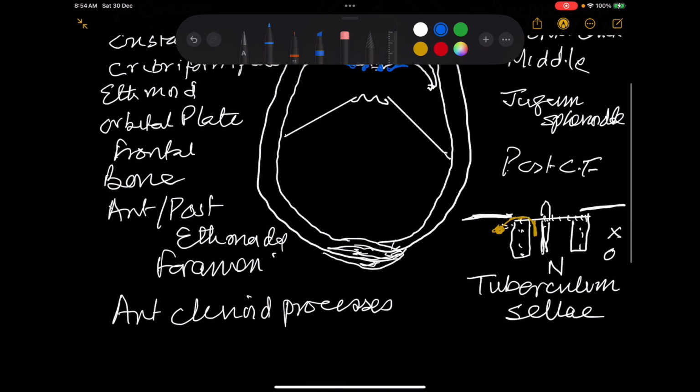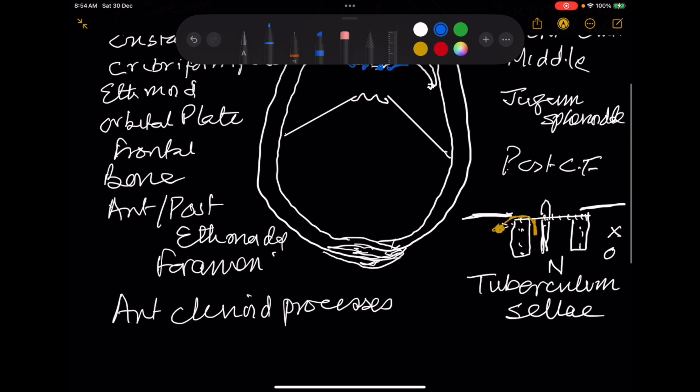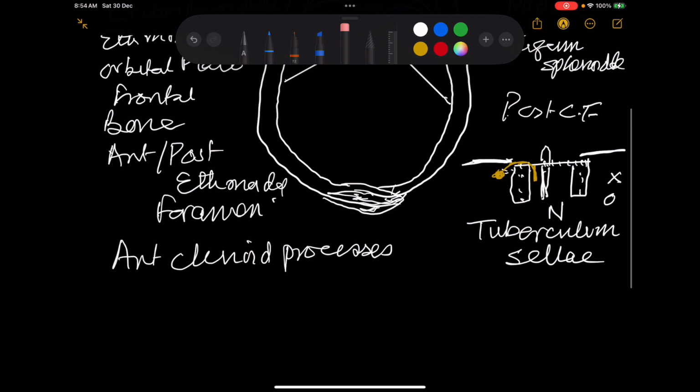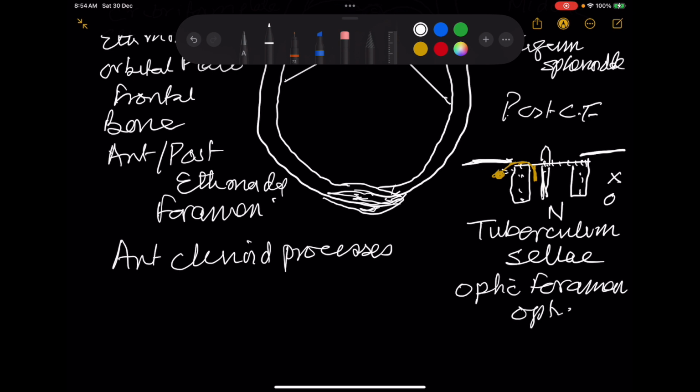So we'll put these names also. Keep on putting these names. Optic foramen, which passes the optic nerve, and the superior orbital fissure,